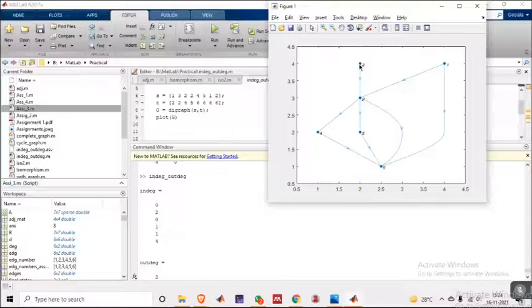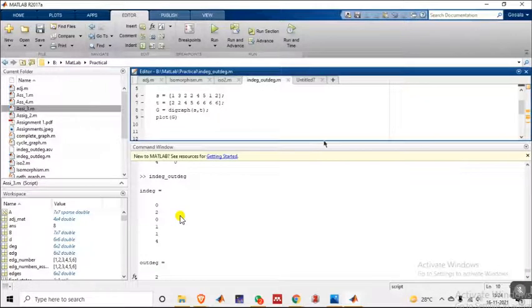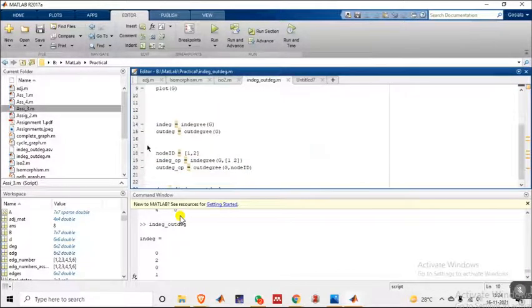Coming into the vertex 3. And similarly for the vertex 4, it is showing only 1 is coming. For the vertex 5, only 1 which is coming from 2. And for the vertex 6, which has 4, coming from vertex 4, vertex 5, vertex 2 and vertex 1. So four edges are coming to the vertex 6, and hence it is showing the in degree as 4. Similarly, we can see the out degree also.